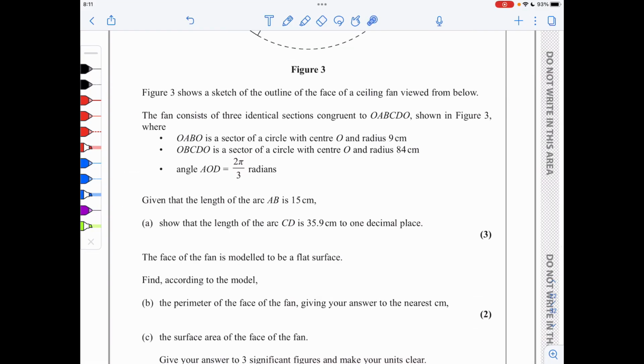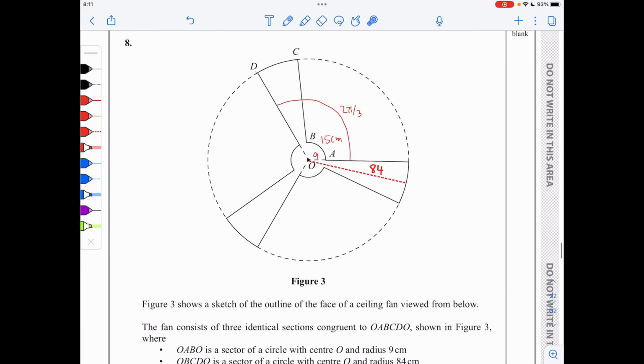In part B, we need to find the perimeter of the face of the fan, giving our answer to the nearest centimeter. So if we look at the fan, it's this part here. So we need to find the perimeter of this. If we think about it, we've got 6 straight line parts. We've got 3 arcs, the big arcs, and then 3 smaller arcs. So the perimeter will be 6 times the 84 minus 9